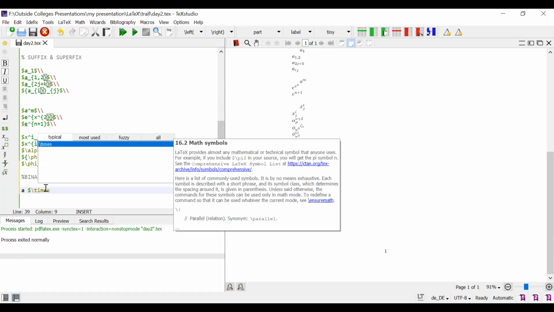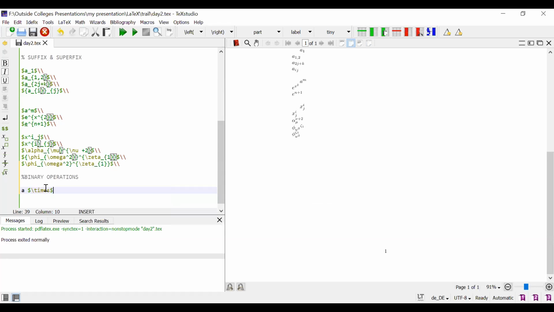So here we use the main or core word of this operator, B. See this, A into B. A into B equal to C. Okay, A into B equal to C.